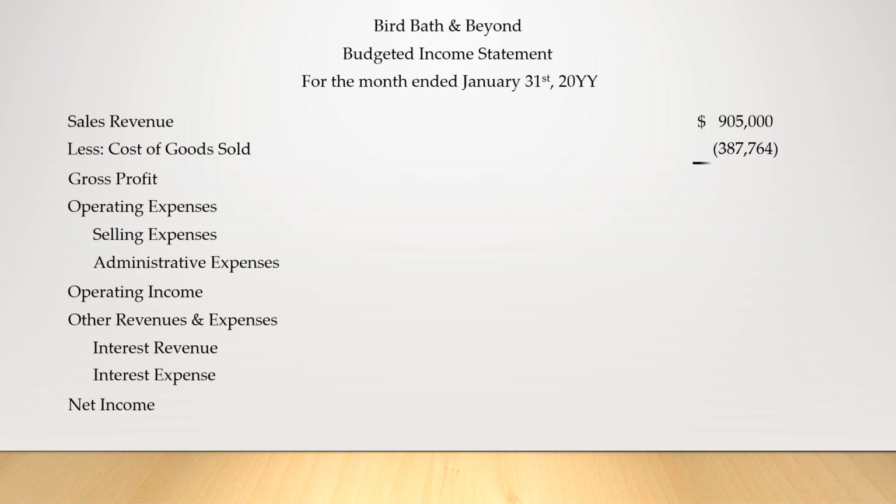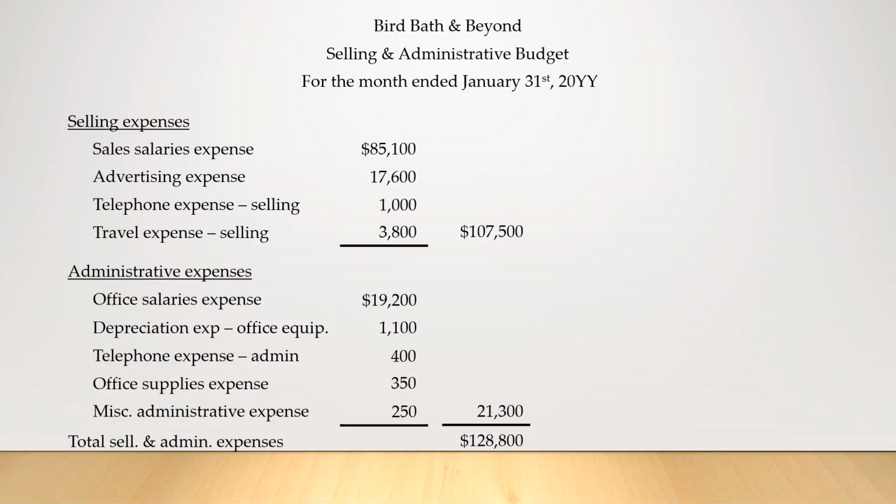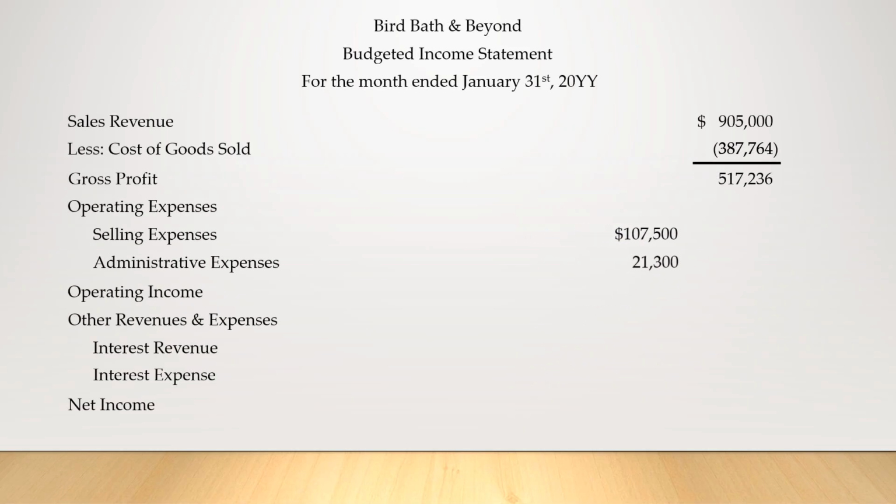Gross profit will be $517,236. We also have the budgeted selling and administrative expenses already prepared. $107,500 of selling expenses and $21,300 of administrative expenses. Total operating expenses sum to $128,800, making operating income